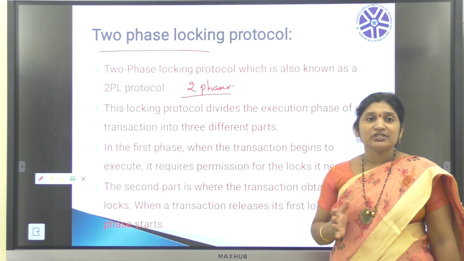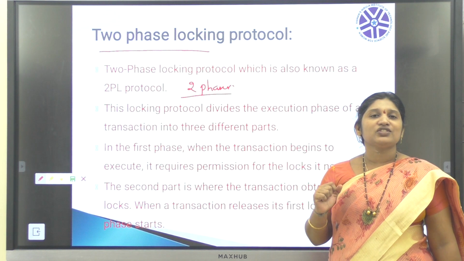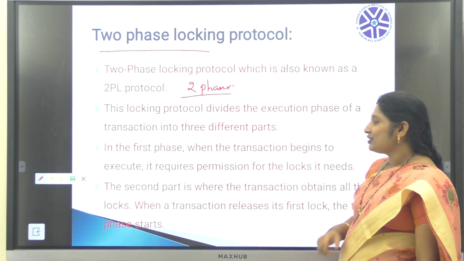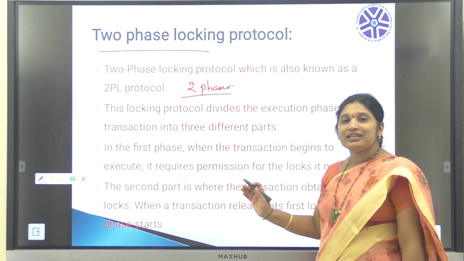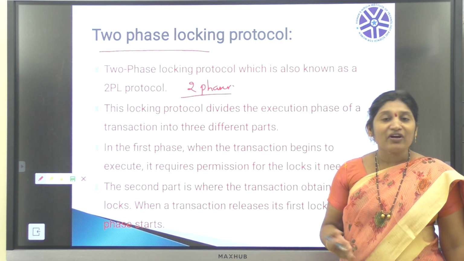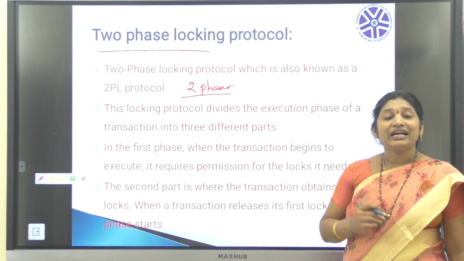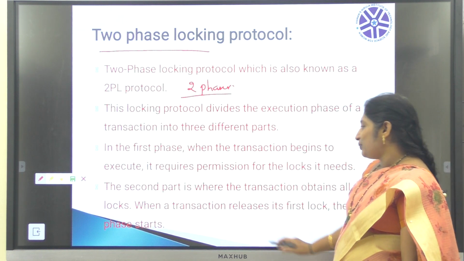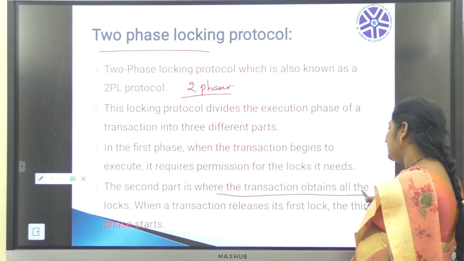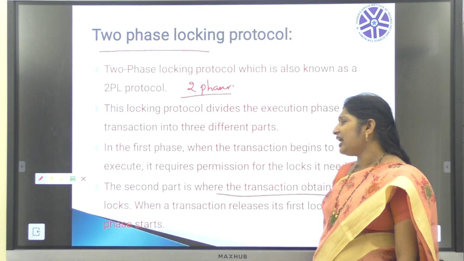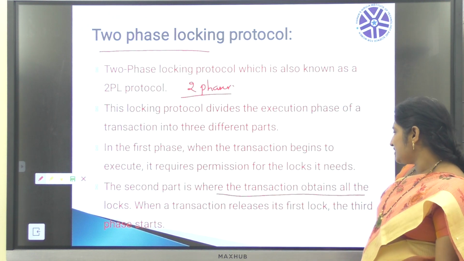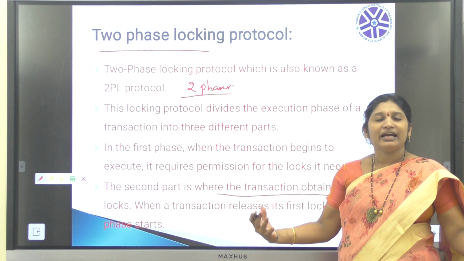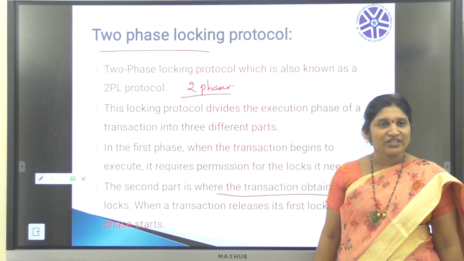For that purpose, it requests the transaction manager to issue the required locks. As a second part, the transaction manager checks the availability of the requested locks, and if the locks are available, they are granted to the transaction. Once the transaction has got all the requested locks, it enters the second phase and executes all the requested operations.